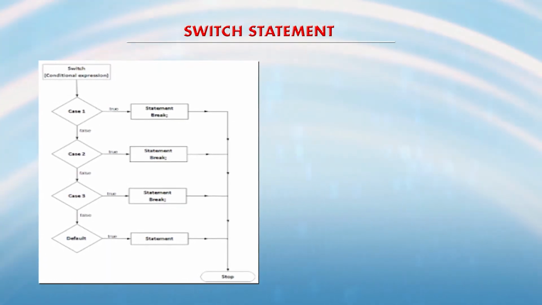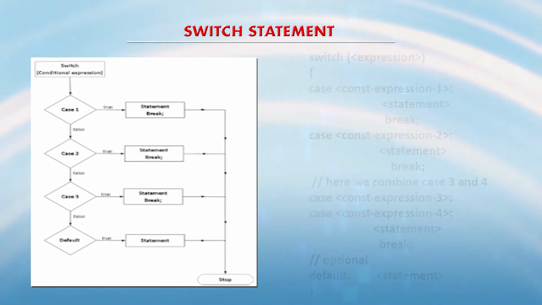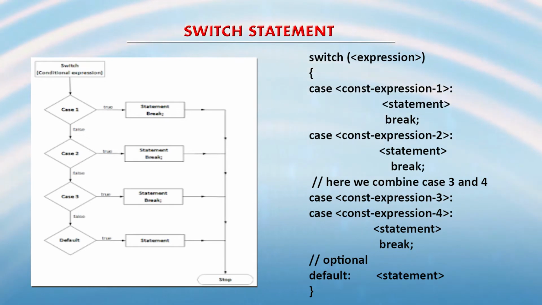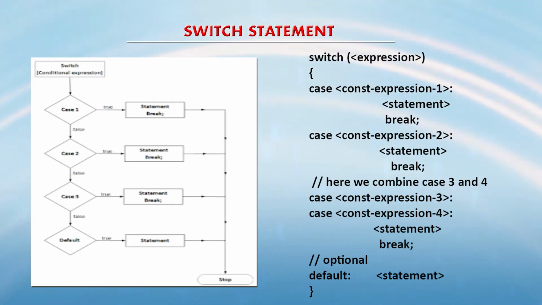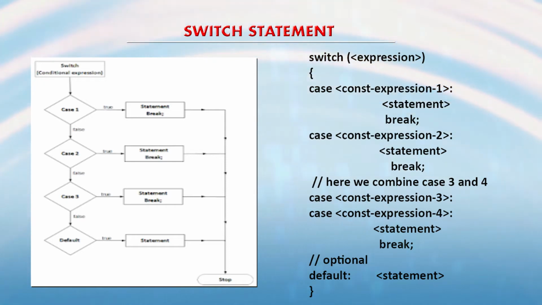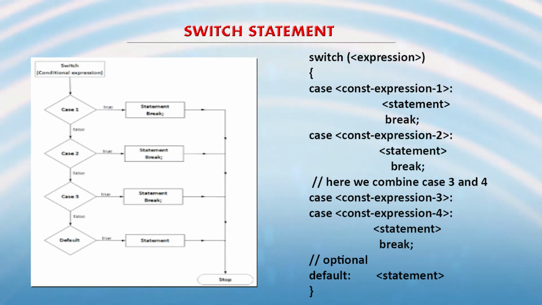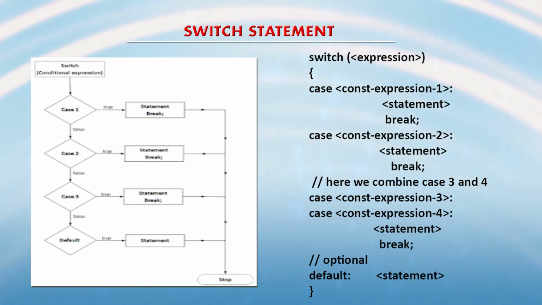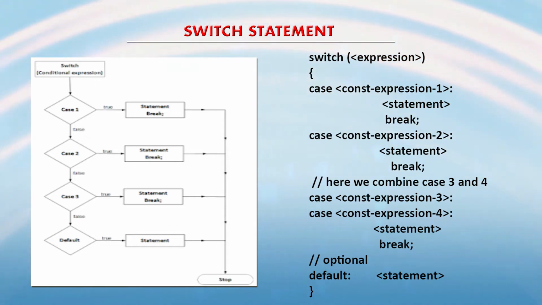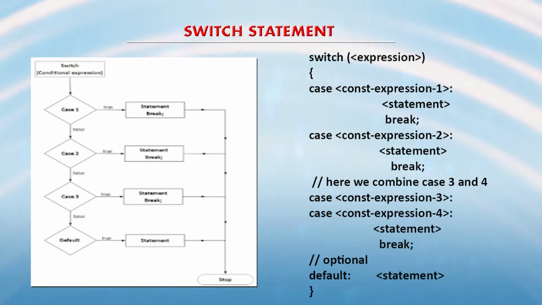So what do we mean by this? We will be understanding with the help of a programming example. But over here in the flow chart you are having, say, case 1 representing a condition, a class, and for that class some operations are to be done. If the class entered by the user is class 2, then for that class 2 some other set of operations are to be done. So this is how the switch construct works. Now to understand the working of the switch construct, let's see a program.